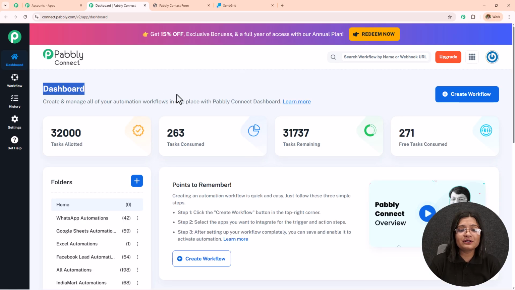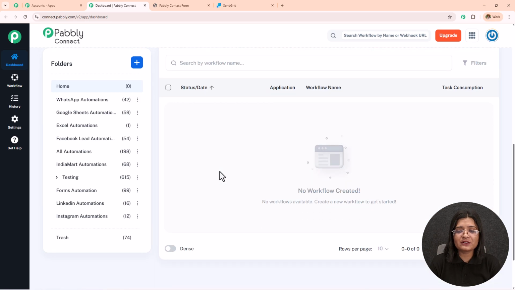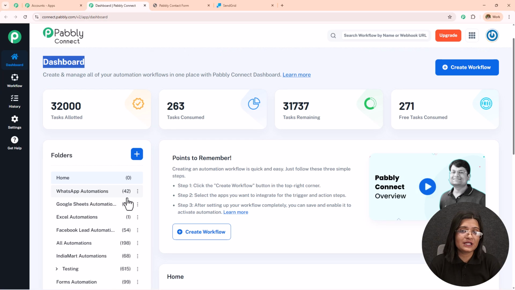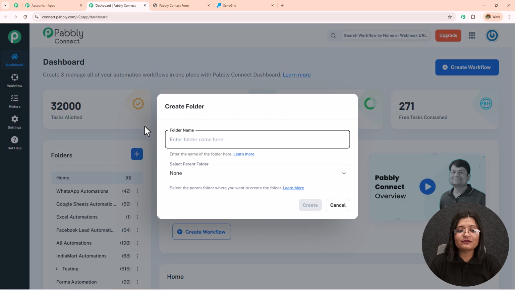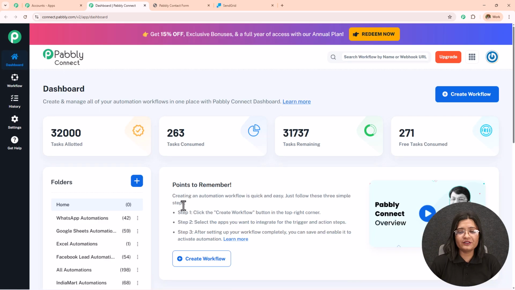And here it has taken me towards this dashboard where I will be able to find all my workflows over here and all the folders which I have created over here. If you want to create a new folder, simply click on this plus icon, and from here you can create a new folder. For now, I want to create a new workflow, for which I need to click on this